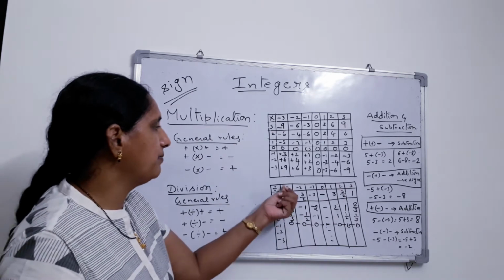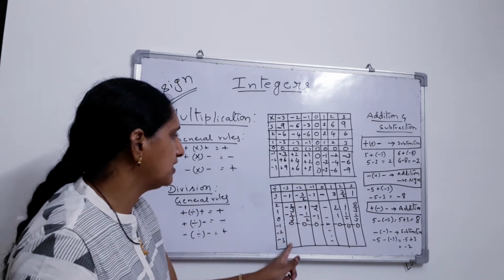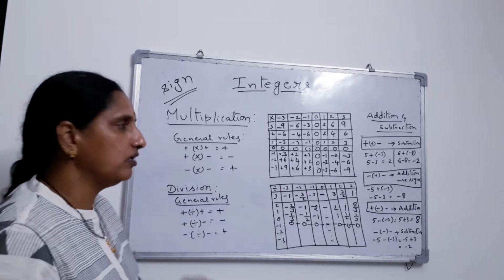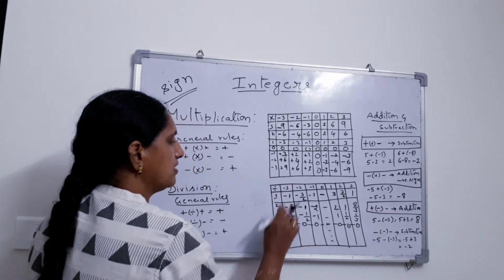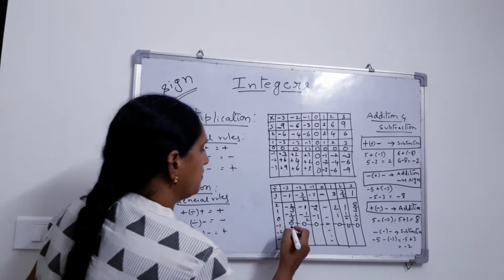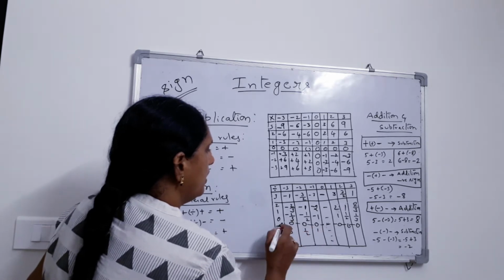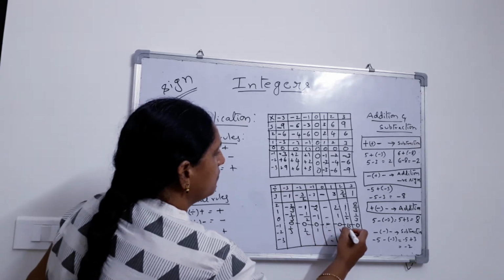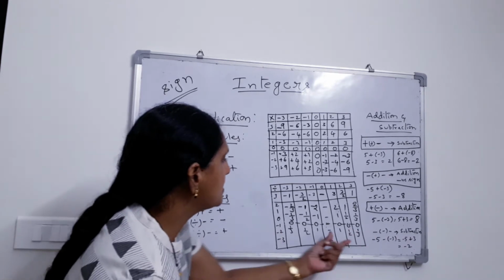Next, minus by minus. So, minus divided by minus. In all these three cases, here horizontally also, you will be getting minus by minus is positive. Or here, this group, whatever you are going to get is positive. So, therefore, I will do it as 1 by 3, 1 by 2, 1, and now 1 by 0, we are not touching this, 1 by 1, 1 by 2, 1 by 3.